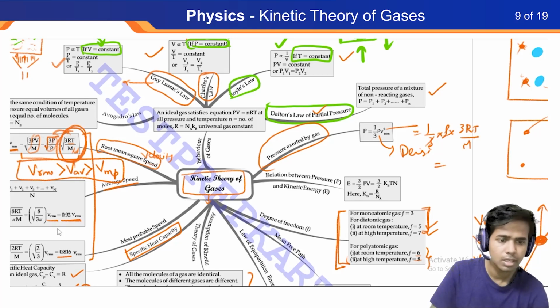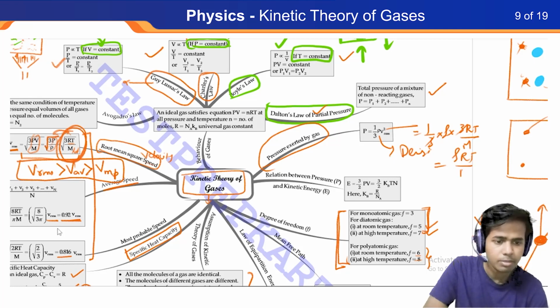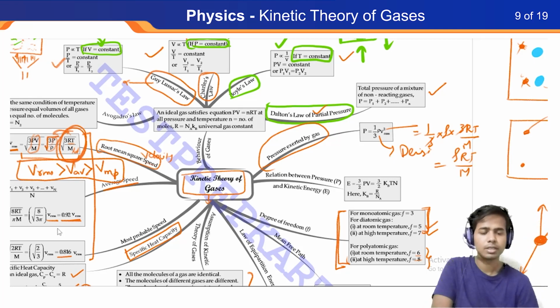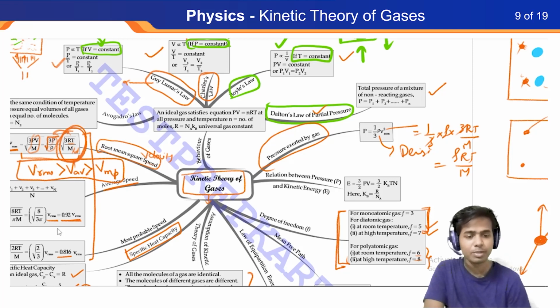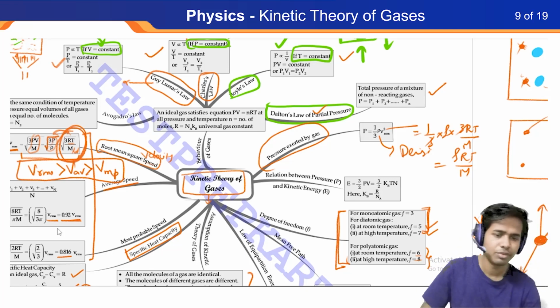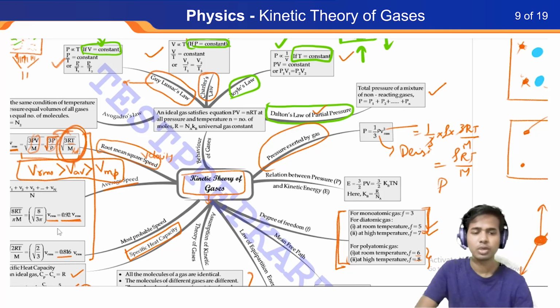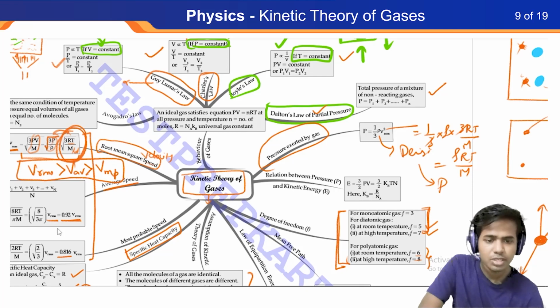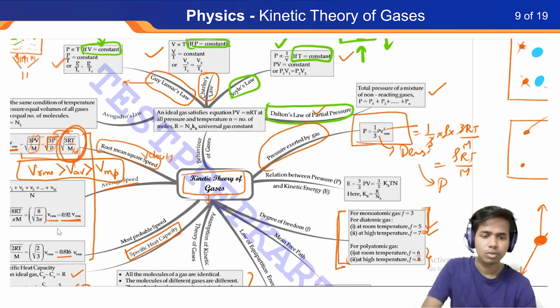So 3 gets cancelled out and you're left with rho RT by m. If you simplify this with the ideal gas equation, you will just end up with P. So there's no point in doing this. Just remember this part, it will be good enough. Now,